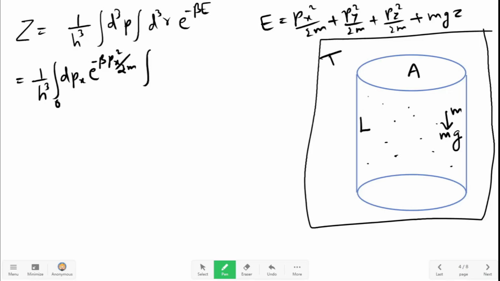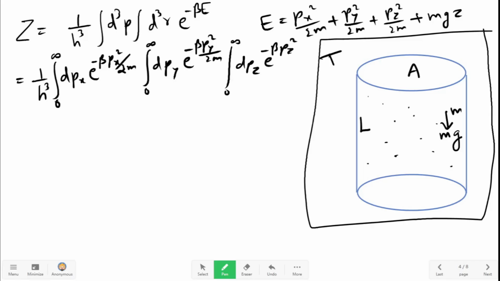Then we have the integral in y, dpy e raised to minus beta py square upon 2m, times the integral from 0 to infinity dpz e raised to minus beta pz square upon 2m,